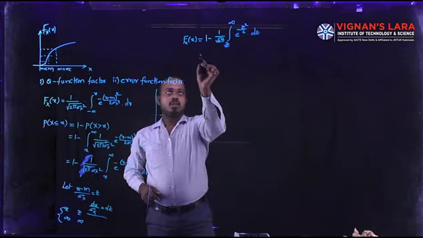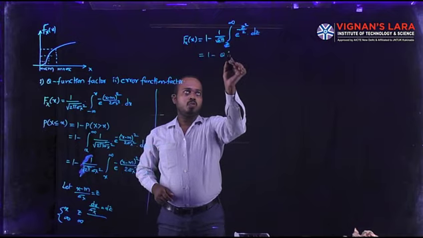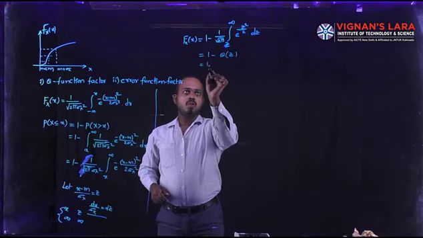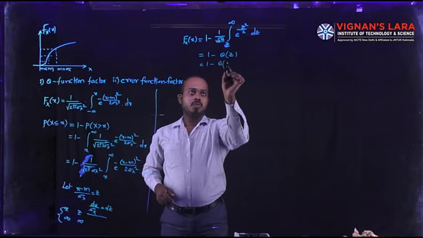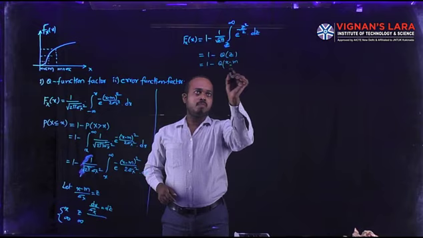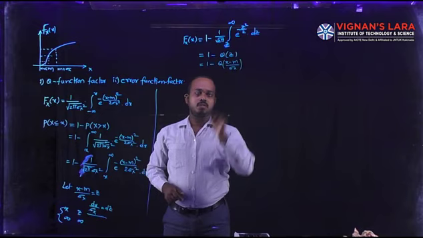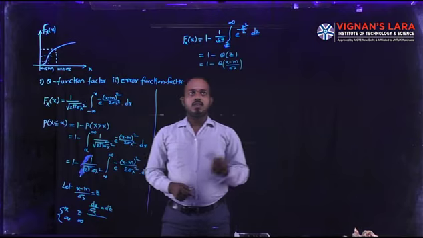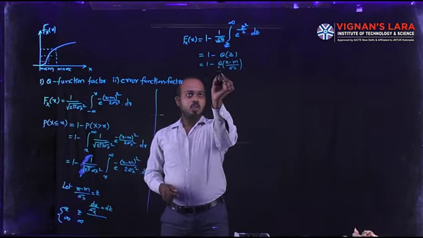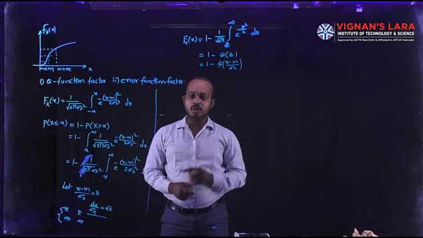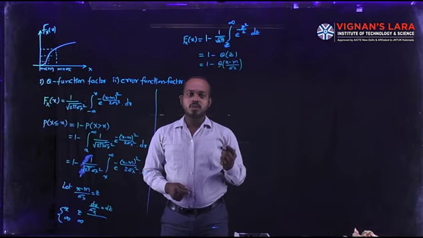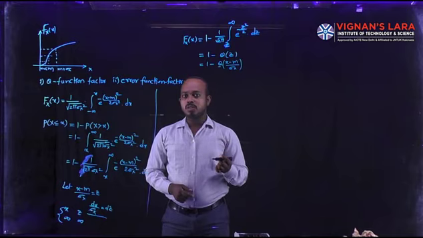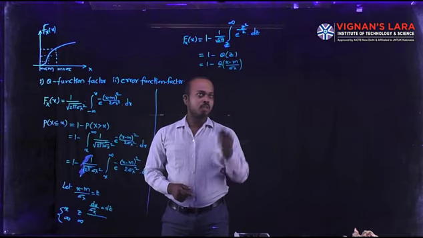Here this function I am representing as 1 minus Q of z. What is the z value? It is 1 minus Q of x minus m divided by sigma x. This is representing the Q values. Totally it is representing the Q function factor. But Bose-Einstein is proposing the Qx value.